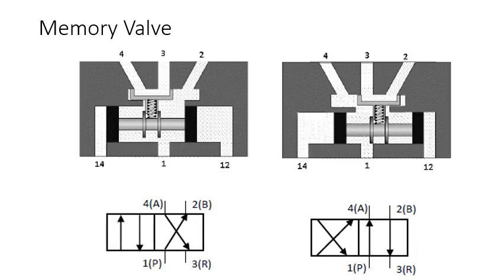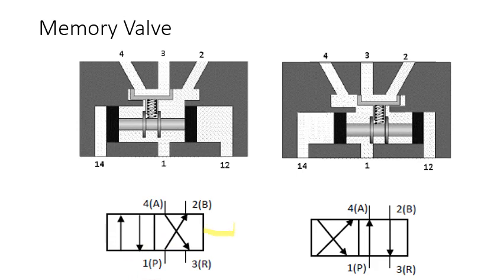Next we'll have one more type of valve, the memory valve. Why do we call this one a memory valve? Because there is no spring to push the spool back to its initial condition. In the previous example you saw there is a spring at the other end. If the air pressure reduces, due to spring tension the valve will come back to its original position. Here, both sides will be operated by an air pilot.